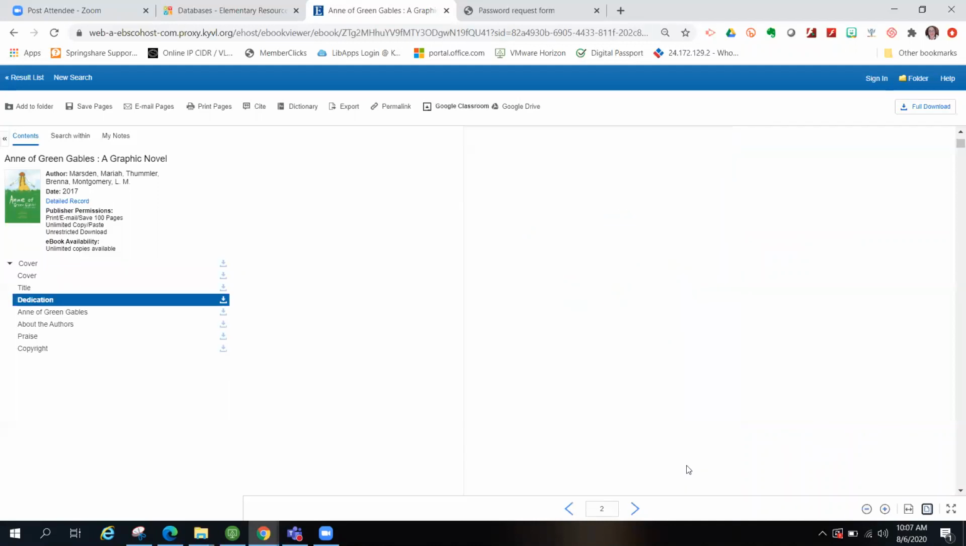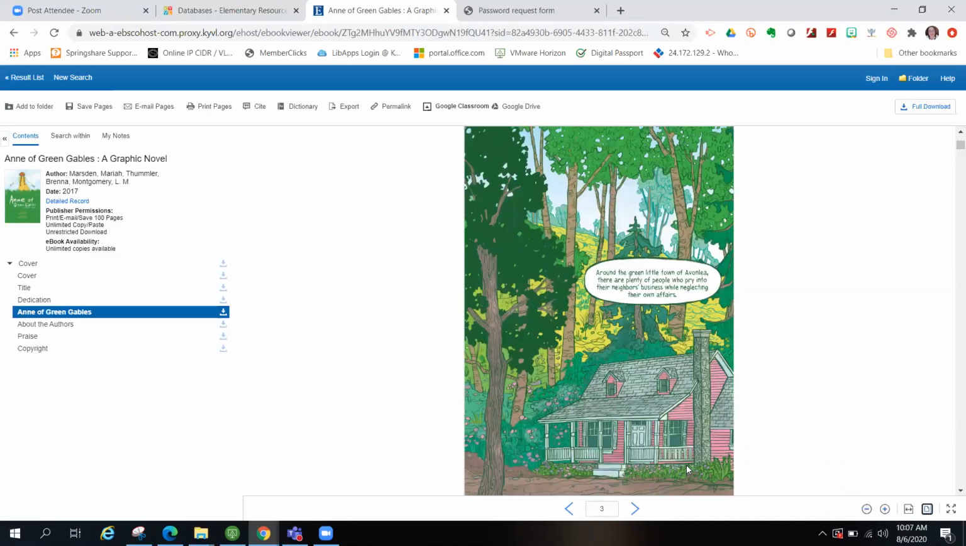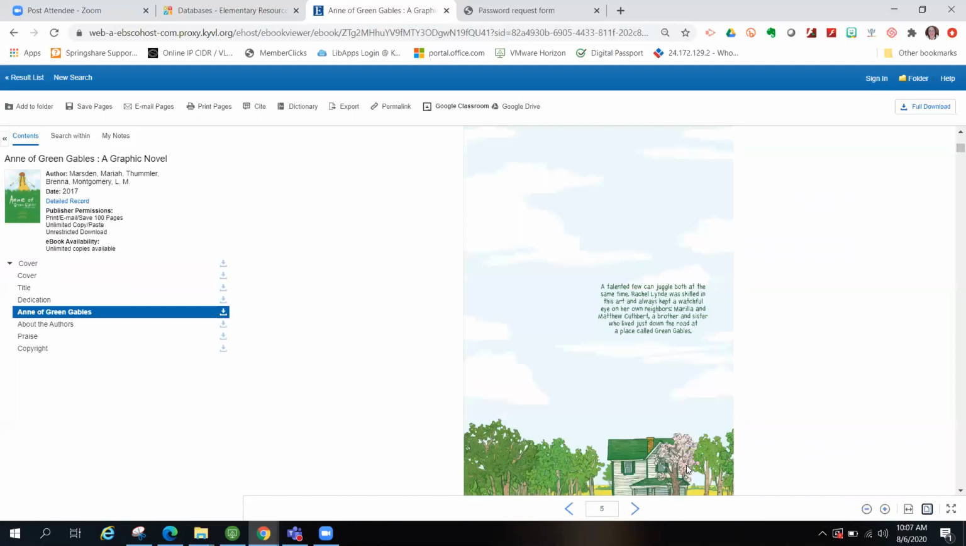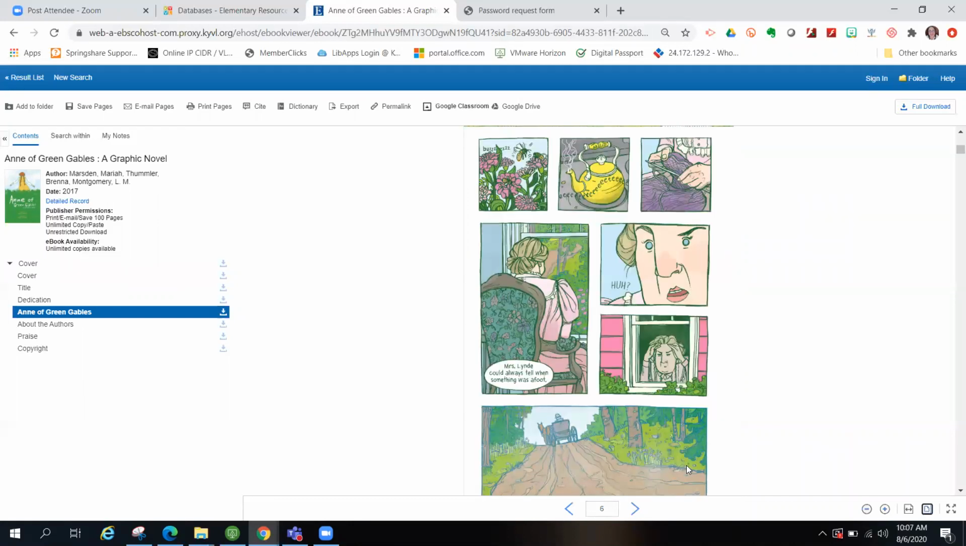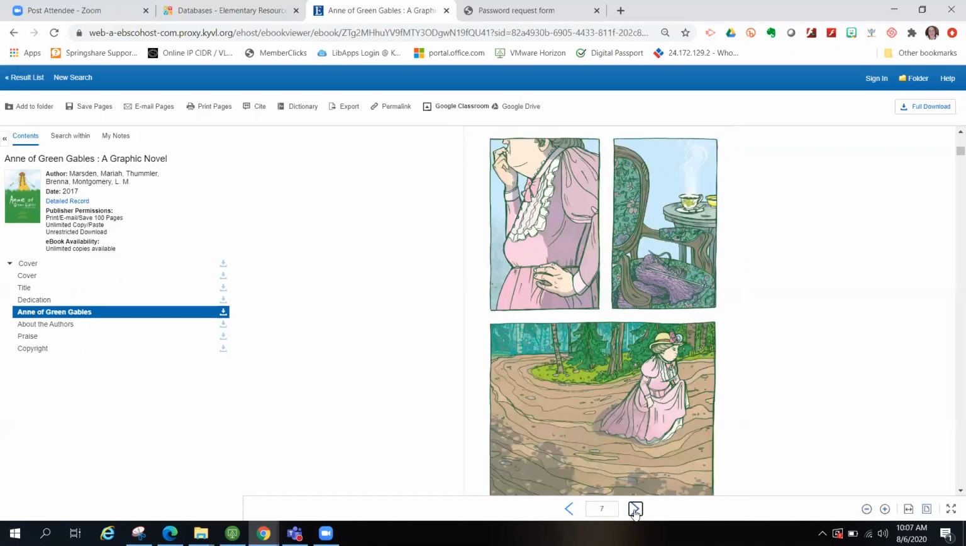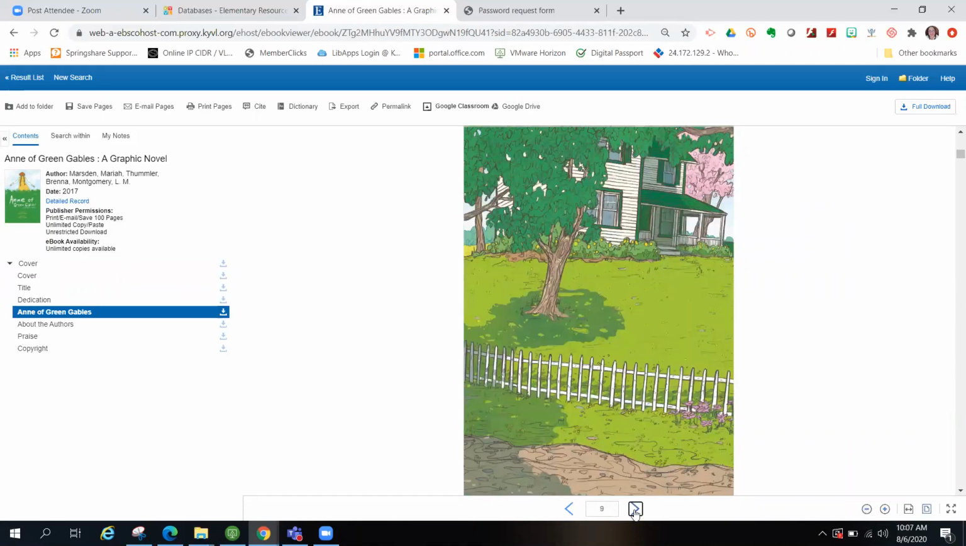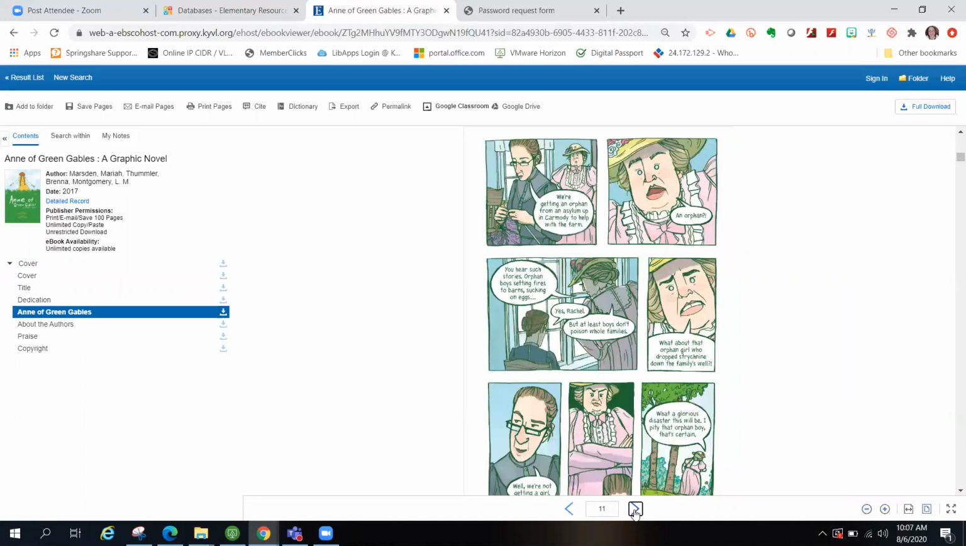I can use my arrow keys to move through it, or I can use the arrows at the bottom of the screen. So from here, you'll see some options along the top of the page. There is a permalink,